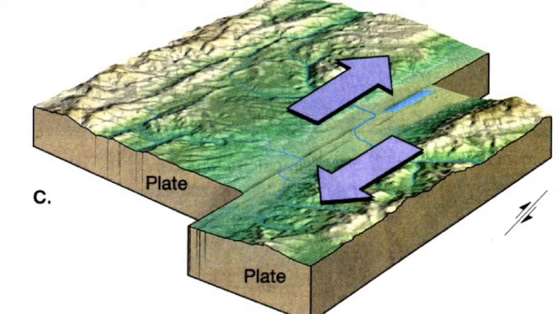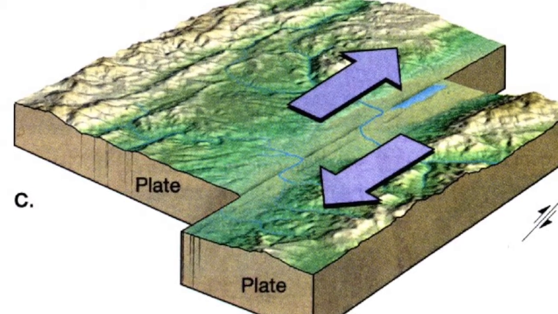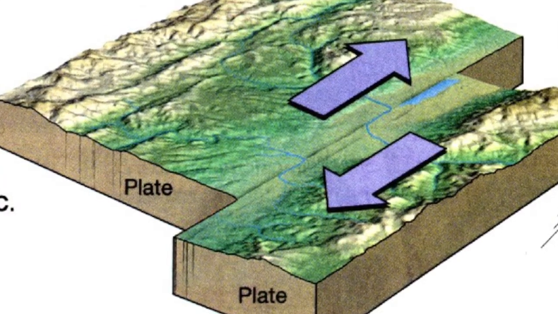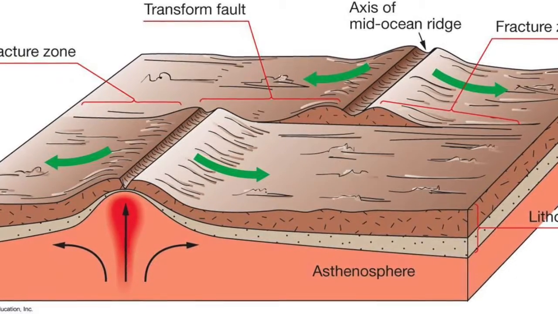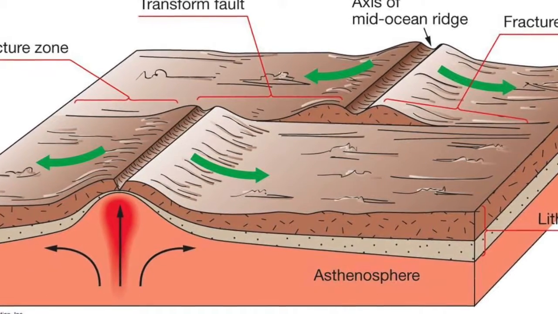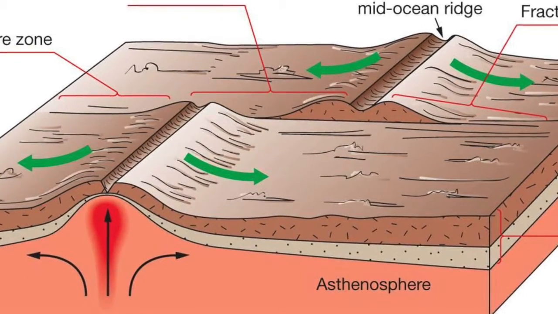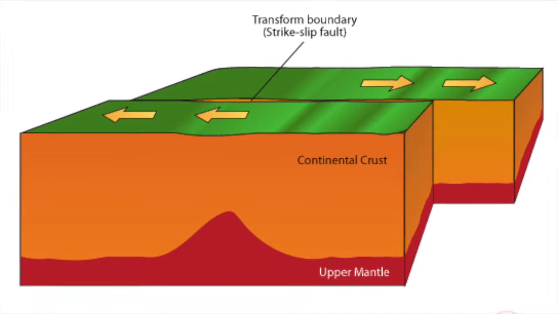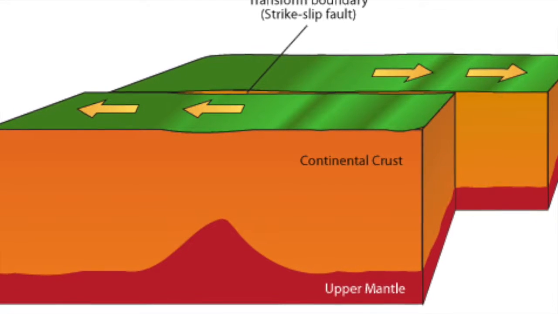Transform fault boundaries are formed when 2 plates are grinding against each other without destroying the lithosphere. Most transform faults join 2 segments of a mid-ocean ridge. There are places, though, that have transform fault boundaries on 2 continental plates, such as the San Andreas Fault in North America. With part of the Pacific plate, if this motion continues, part of California would be an